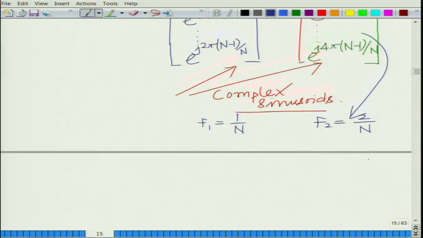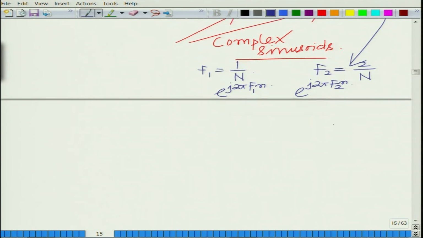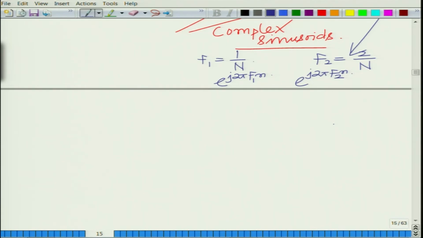So, you are talking about the complex sinusoids e raised to j 2 pi f1 n and e raised to j 2 pi f2 n, all right. And when you look at their inner product,